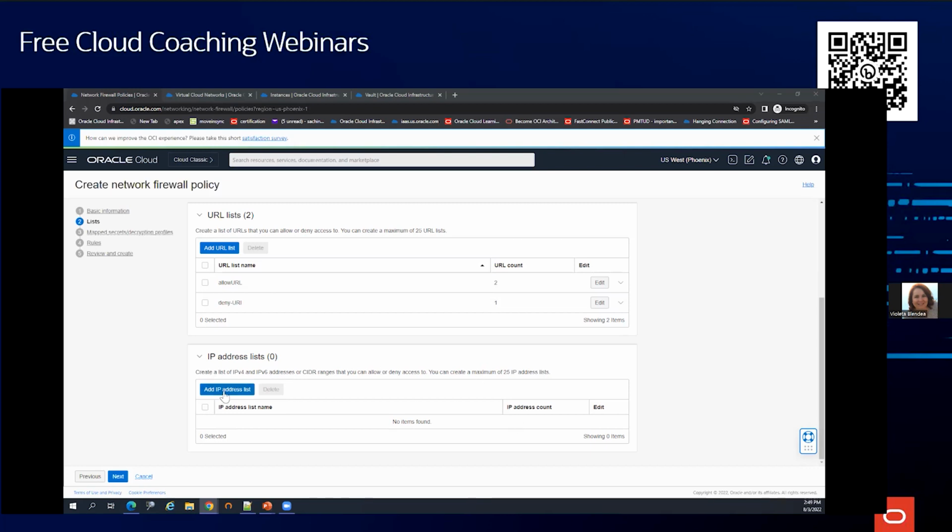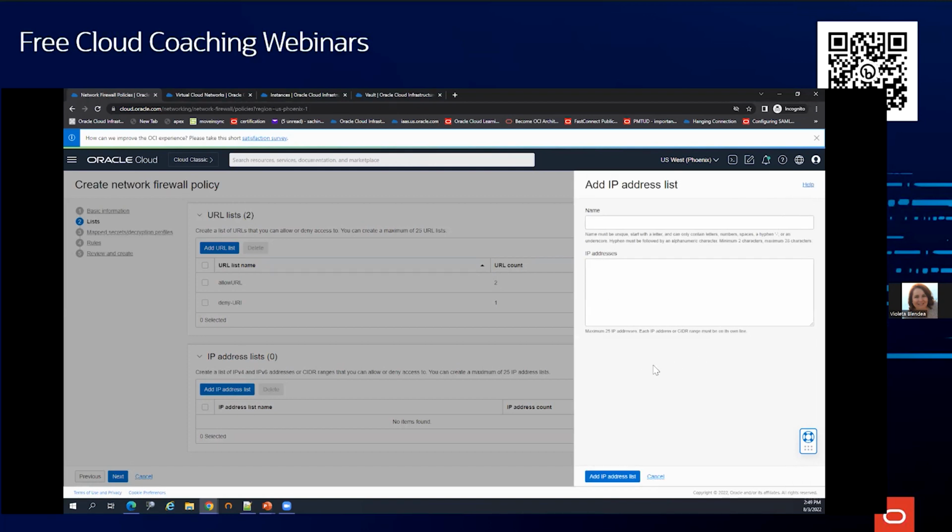Each IP address is entered on its own line within the list. Suppose I want some of my IP addresses only to access my workloads in OCI from subnet to subnet or from VCN to VCN, I can put it over here. For my demo, I have put any IP address over here, that is 0.0.0.0, because it's a demo, but you can put an address range for your private IP address range, such as 192.168, you can put 172.16. If there is a public IP address range which has been assigned to a company, you want that public IP address range only to access your workload, you can define that over here and allow the traffic with that.